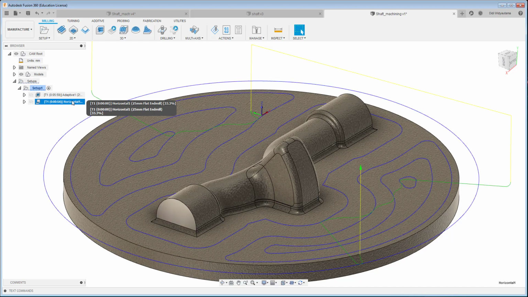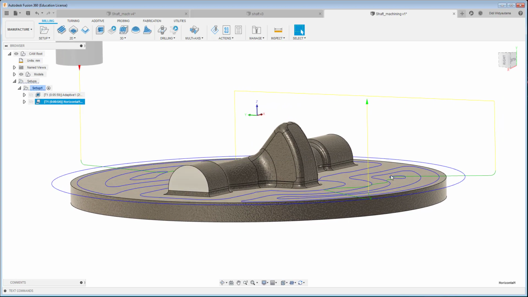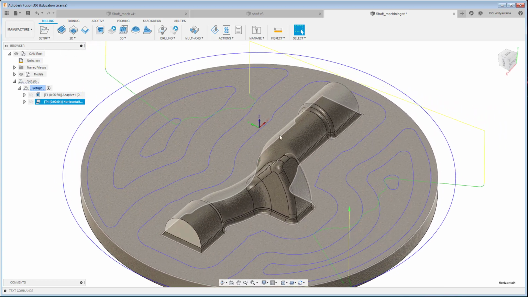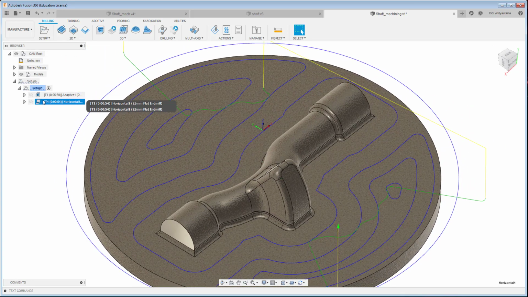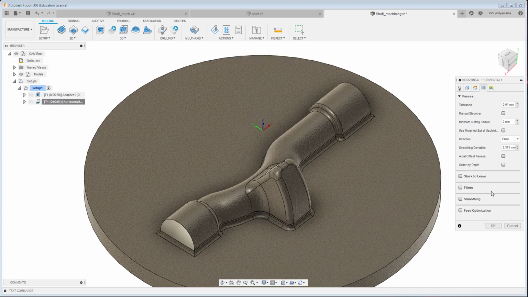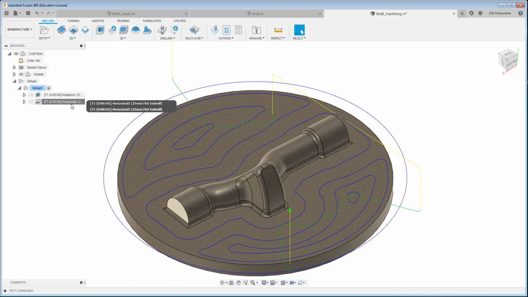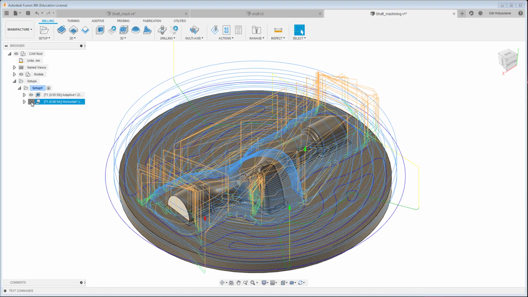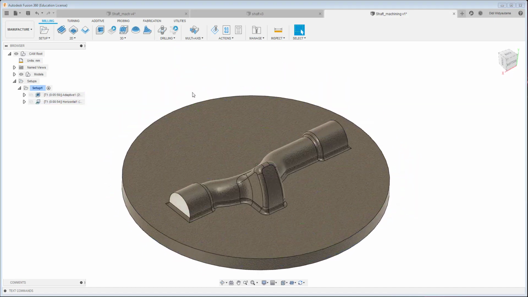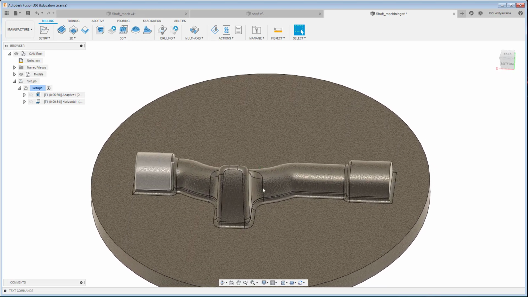Okay, they are calculating. Okay, so this is the flat area. Just machine all the flat. Okay, let me check for the stock to leave. Oh yeah, there's 0 stock to leave. Okay, so we have 2 toolpaths already, and then for the